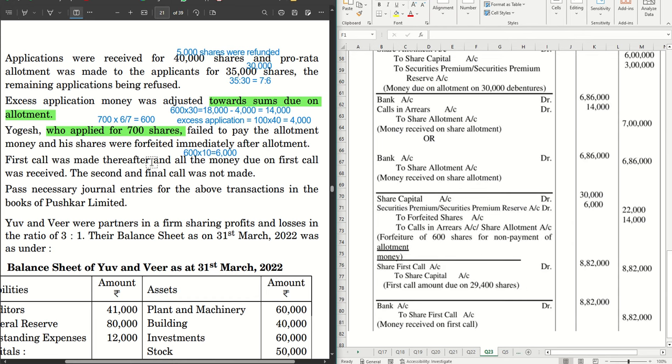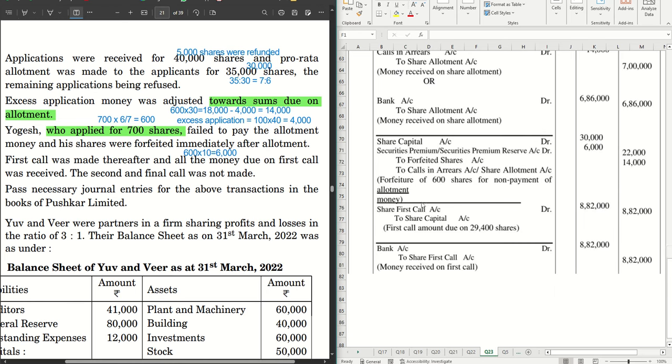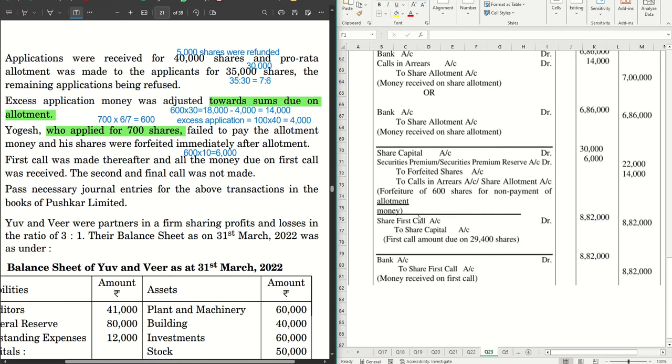First call was made thereafter and all the money due on the first call was received. The second and final call was not made. तो फर्स्ट कॉल ड्यू करते हैं. यहाँ पर भी एक ट्रिक है. फर्स्ट कॉल जो ड्यू किया गया है ये 600 शेयर पे ड्यू नहीं होगा क्योंकि ये फॉरफिट हो चुका है. तो टोटल जो फर्स्ट कॉल ड्यू होगा वो होगा 30,000 शेयर माइनस 600 शेयर्स